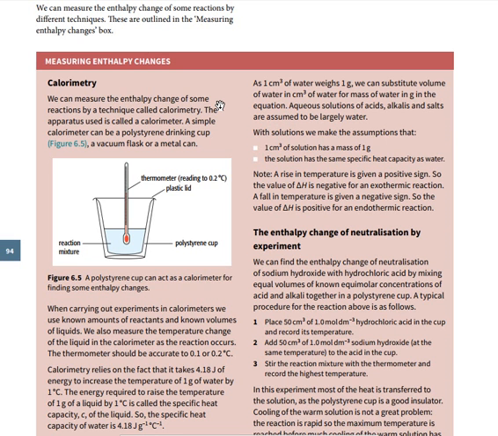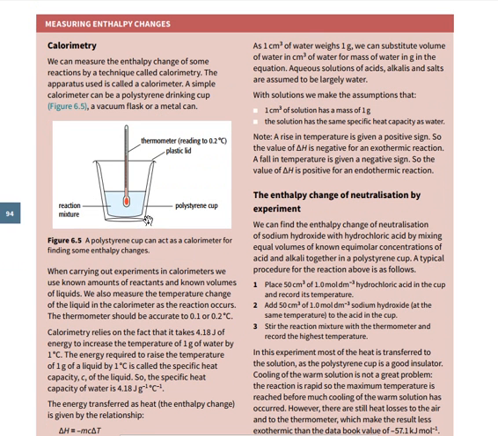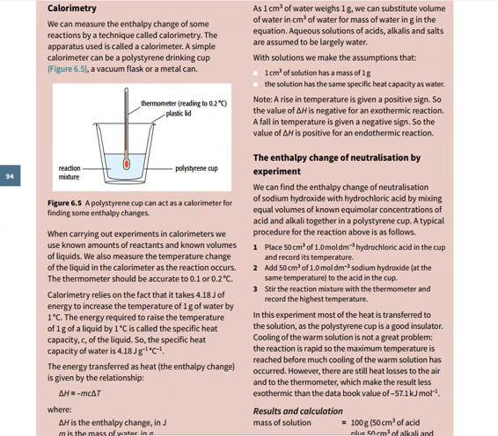The first one is via calorimetry. In this case you have the reaction mixture and the temperature. You are going to mix the different components in order to have the standard temperature of reaction. For example, when you have an acid and a base, you are going to mix the acid and base here, and when you mix them you are going to have a certain temperature. For this you calculate the mass of the mixture and also the specific heat capacity. We know that delta H, or the energy change for this reaction, is going to be equal to